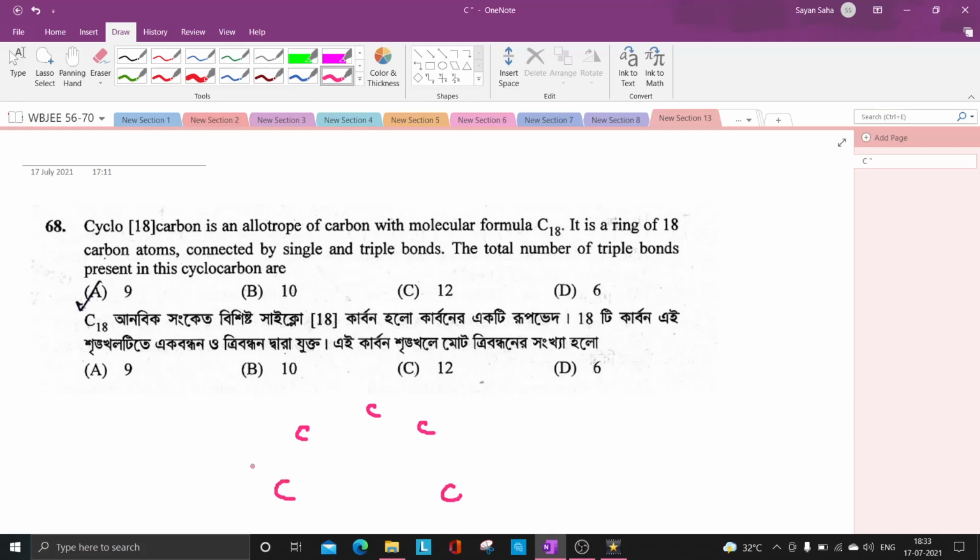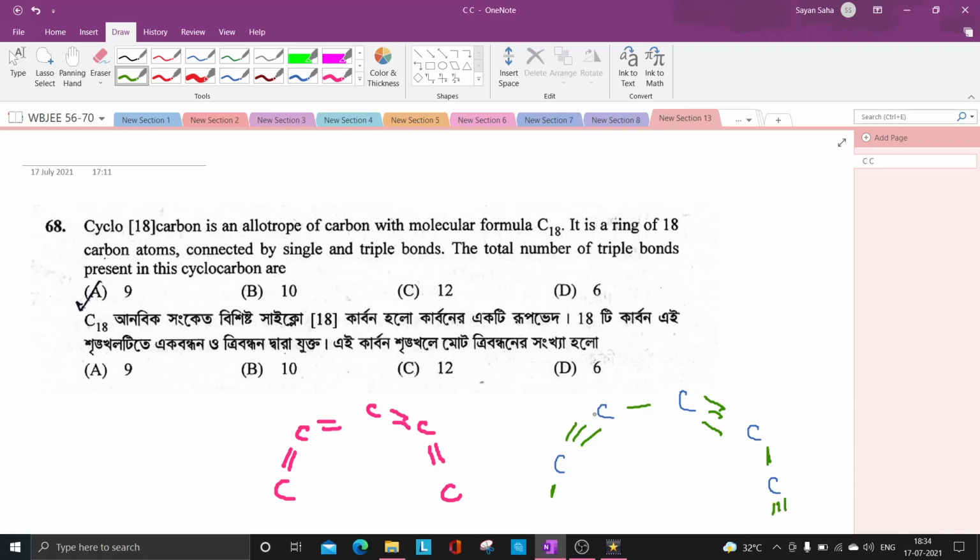Either you can apply double bond, double bond, double bond, double bond in a cyclic structure. Another structure that you can draw is to write 18 carbons in a cyclic order, like I have written only 5, here are more 13 atoms, and connect them by alternating triple and single bonds. Like this will be triple bond, single bond. So its 4 valencies are satisfied. This will be triple bond, this will be single bond, again this will be triple bond.